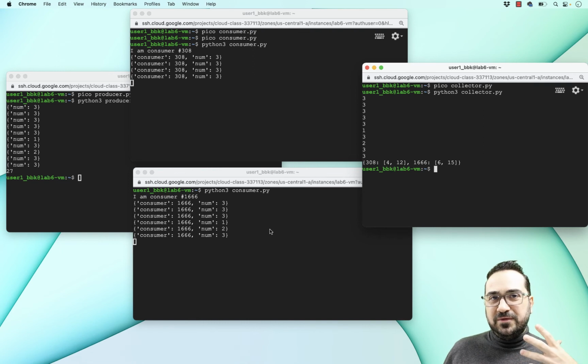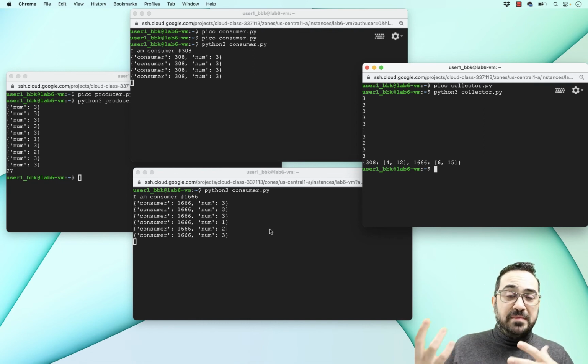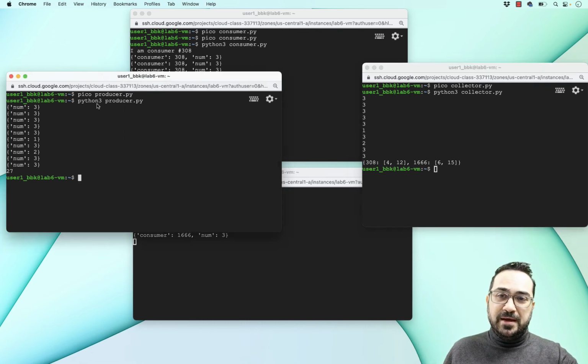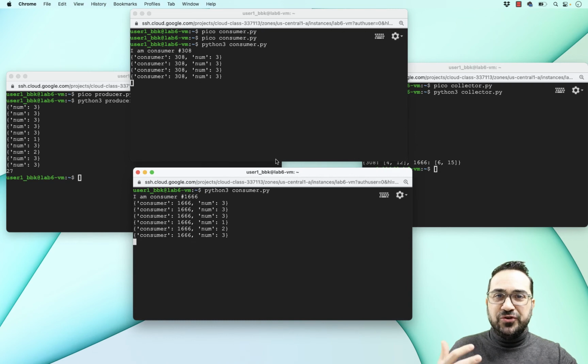You can decide what kind of data you want to generate, or assuming that these are, let's say, producer data for a use case that you have, you can collect the data in the collector and filter the data and store the data, or provide the data to the collector. The collector will actually do something with the data, right? Maybe do some kind of analytics. And that's a simple example of how to create a producer with two consumers and a collector. Again, we can have as many consumers as we want here.